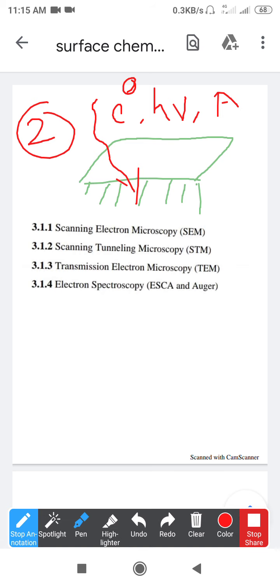Now here we are going to have the two-dimensional surface. This two-dimensional surface is scanned throughout the analysis. Previously, in the first method, we just incident a radiation on a single point and analyze that point only, which means we get information of that point only. But in the second method, we have the primary beam mainly focusing on, suppose, this point. So at this point we have the focus of this primary beam.